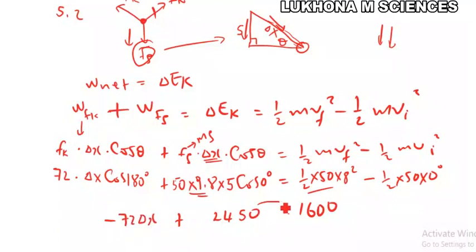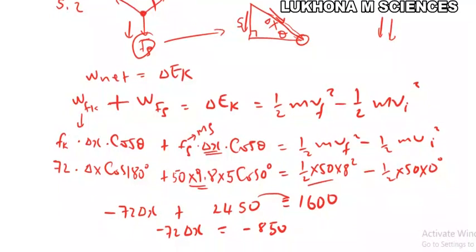Then let's transpose this one, so it becomes 1600 minus 2450. Then we get negative 72 delta x, which is equal to minus 850. Then we divide by